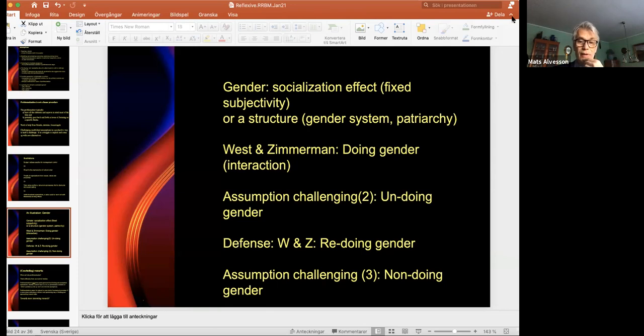And then West and Zimmerman came back and they said, well, we can't undo gender. We can redo gender. We can find new progressive forms, but still gender is there. It's a cultural must. And then we thought that, okay, now this is a real challenge because so much has been said and so much assumption challenging had been done. So we felt in our book, Constructing Research Questions,